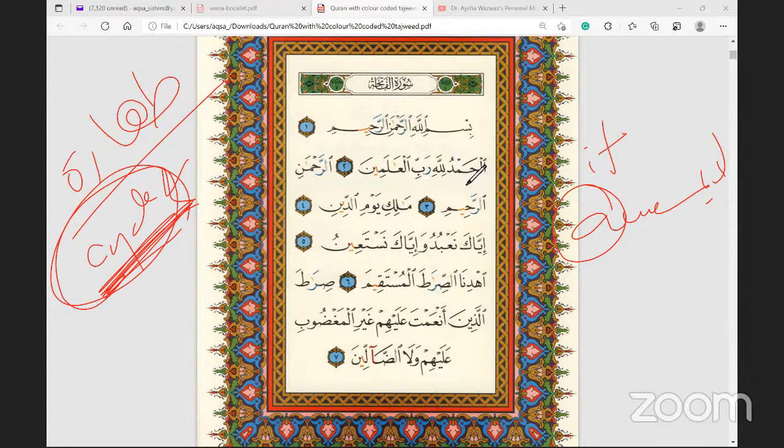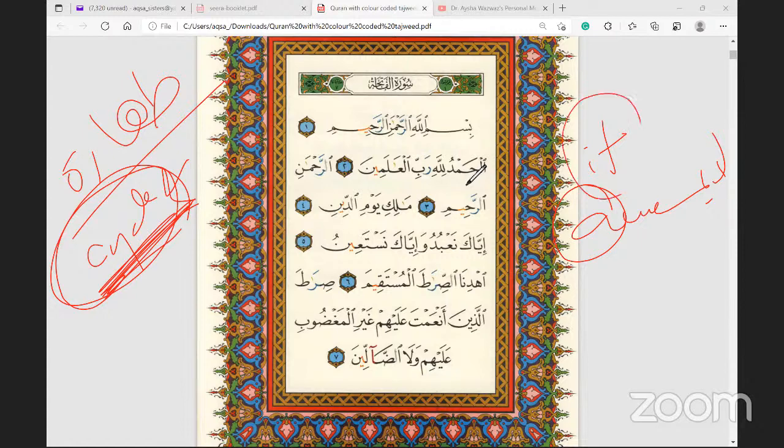Lawh al-Mahfuz, the tablet that Allah subhanahu wa ta'ala scribed things in. Now that's a Lawh al-Mahfuz. So scholars actually, by looking at Lawh al-Mahfuz, for sure you and I are not going to touch a Lawh al-Mahfuz because that's in the heavens. That's part of al-Ghaib. So the scholars that said it was referring to Lawh al-Mahfuz